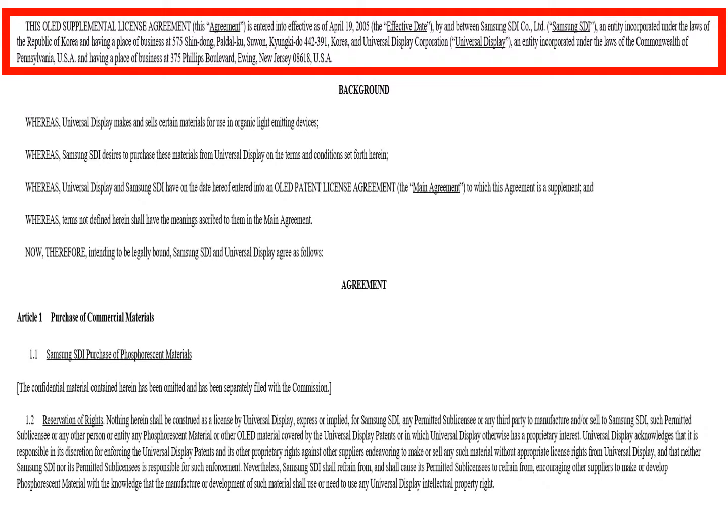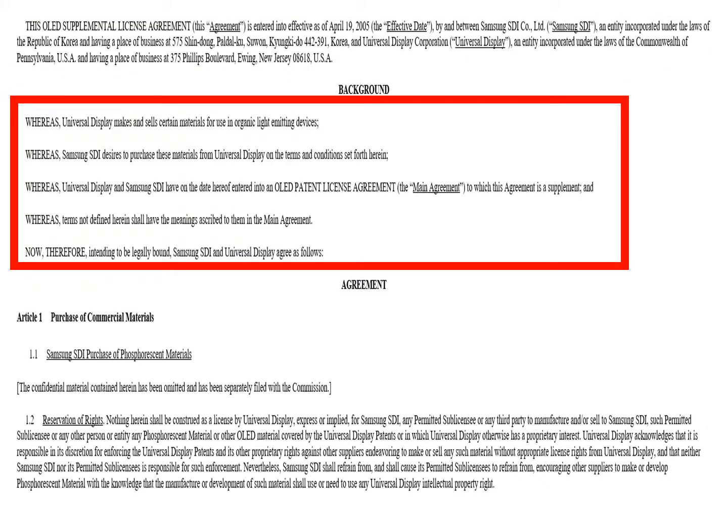Okay, all that was the first contract, the contract that talked about the patents that were less controversial and cut out materials. Now here is the contract about materials, and it starts to some degree the same way. Up at the top, we name it. This is the OLED Supplemental License Agreement, right? It's a supplement to the other one. It's entered into effective April 19th, 2005, same day as the other one, between the same parties, unsurprisingly.